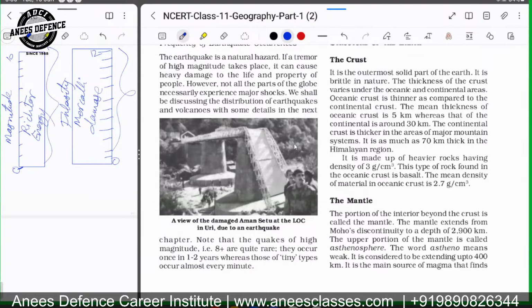It's purely from the exam perspective, which will come in the CDS exam or AFCAT exam or NDA exam, because this book has been the Bible of geography. Many questions have been asked from this book, the 11th standard NCERT. This book, the physical environment, and another is India. Questions in different exams, not only in NDA but also in UPSC, that is civil services exams, they have asked a couple of questions. So I will suggest you to go through this book. I think we'll stop here and we'll continue tomorrow.